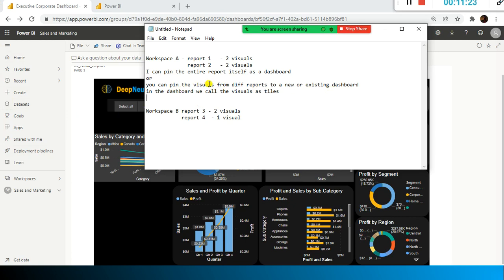You can pin the visuals from different reports, and also you can pin the tiles from one dashboard to another dashboard. It's as simple as that.